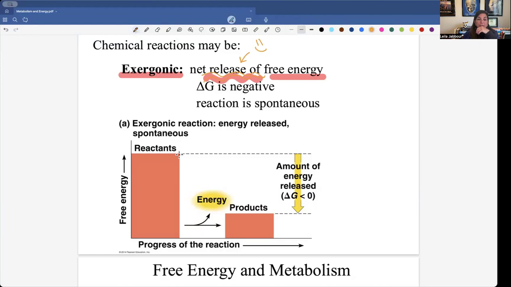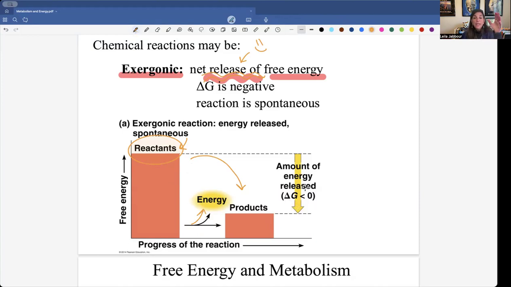So the diagram is very straightforward. Here are the molecules in the beginning. We call them reactants. If you've never seen this term, make sure you learn it. The reactants turn into products. But on the way of becoming products, they will release energy. So the amount of energy released